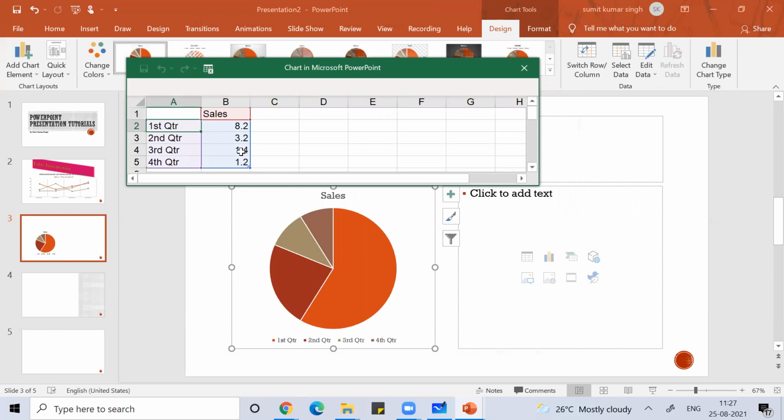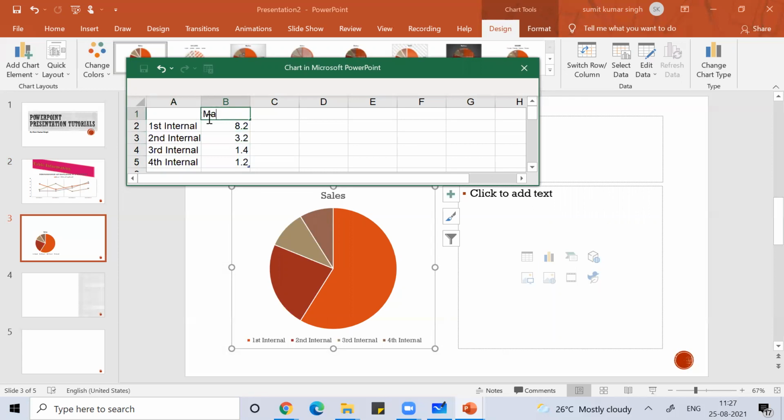Data. So here you can give something. This is first quarter, second quarter. So I suppose student is there, first internal, then second internal, third internal, fourth internal, then sales.